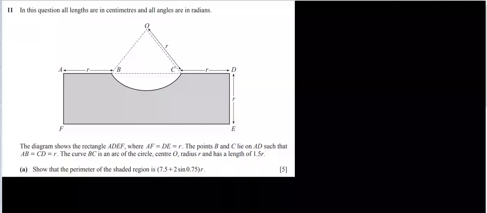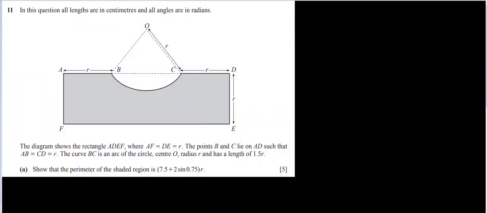In this question 11, they have given all the details, and the main details are that these lengths are r, and this arc is 1.5r. Okay, and we have to show that the perimeter is this. This is what we have to arrive at. So the perimeter of shaded part